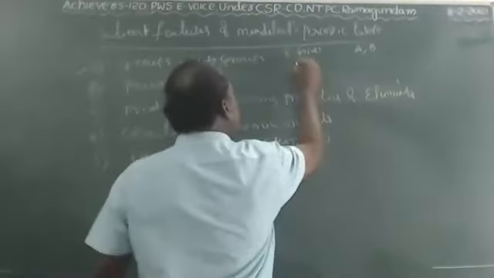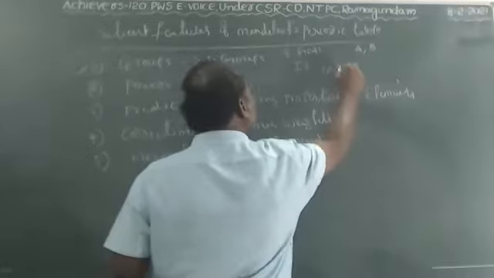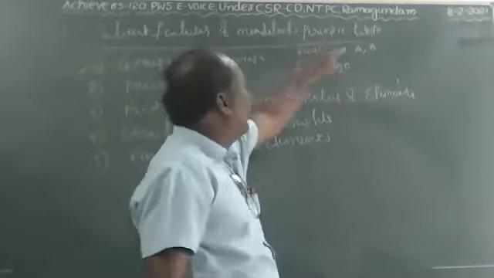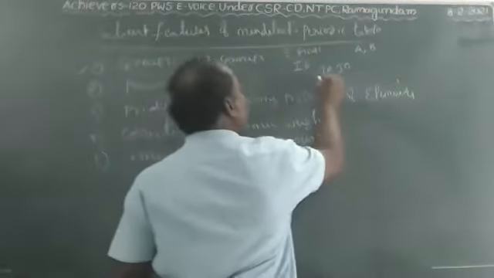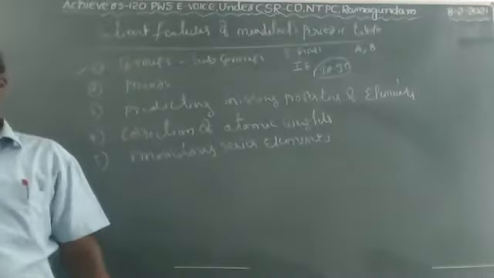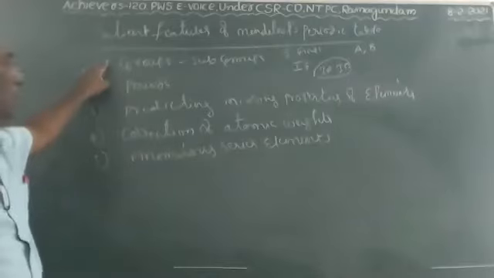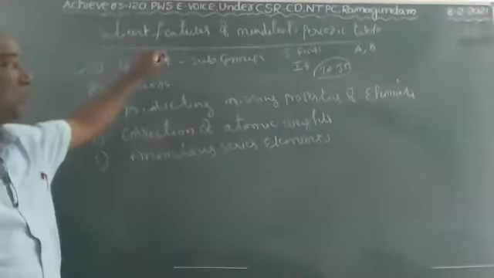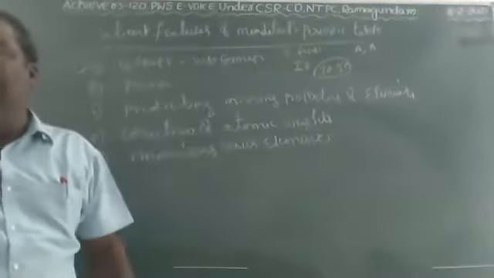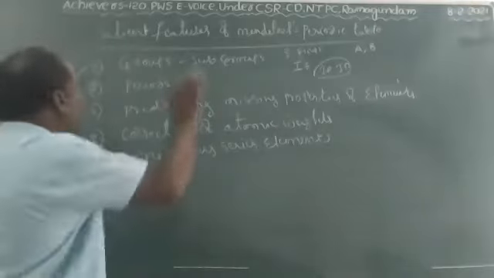So here, for example, the first group element consists of first A and first B. They are called the subgroups. Every group consists of subgroups, considered as A and B. The elements which are present in the group and subgroups have very similar properties. Okay, children, so this is groups and subgroups. Mendeleev's periodic table consists of 8 groups and every group consists of subgroups, denoted by A and B. The elements present in a group have similar properties. Their properties are equal.